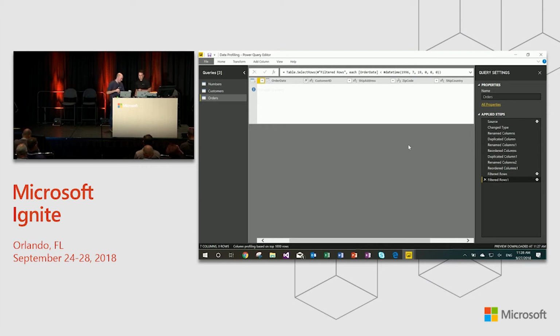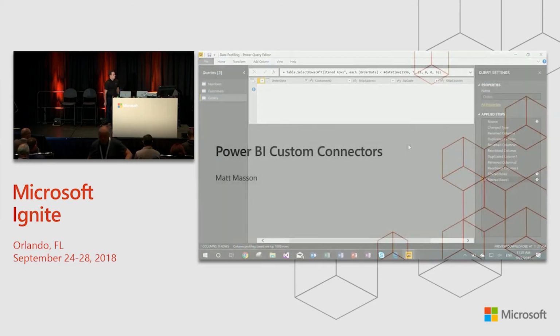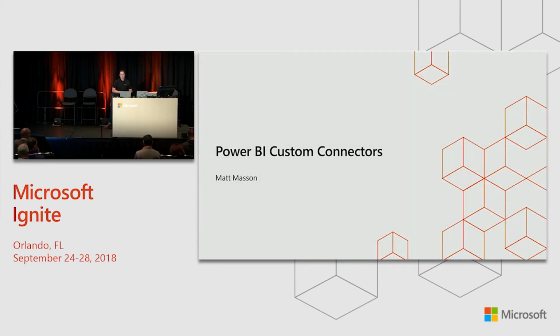Great. So let me jump over to my slide deck, my machine. So great, my name is Matt Mason. I'm going to spend the rest of the session talking about custom connectors. I'm not going to go too much into the details. I figure this is a sort of a mixed audience. There's other recordings of the session where I build the connector and actually show the code and go into details. For this session, I decided just to do an overview of what you can do with custom connectors, sort of how you use it,